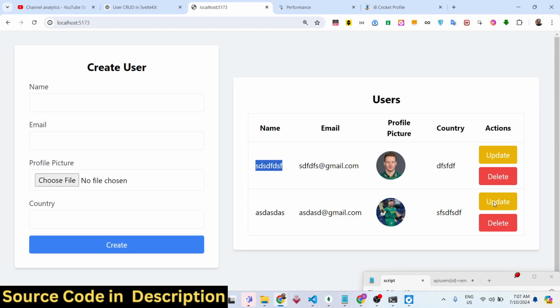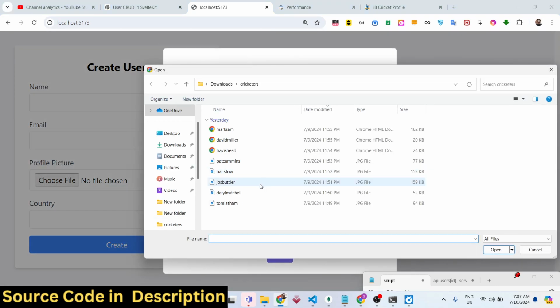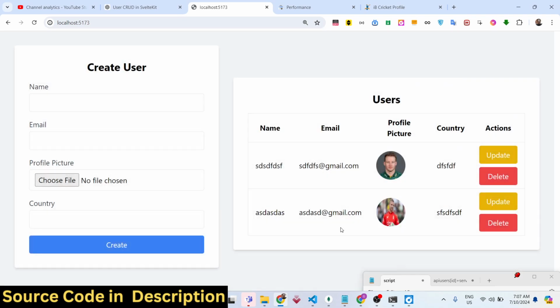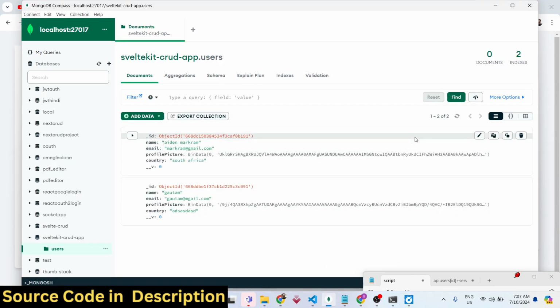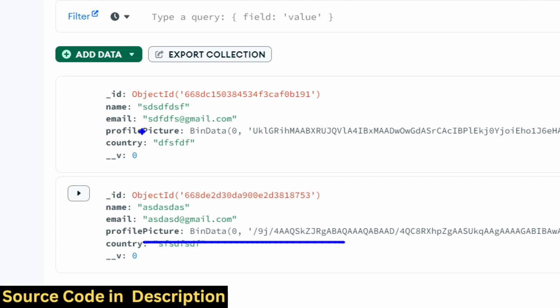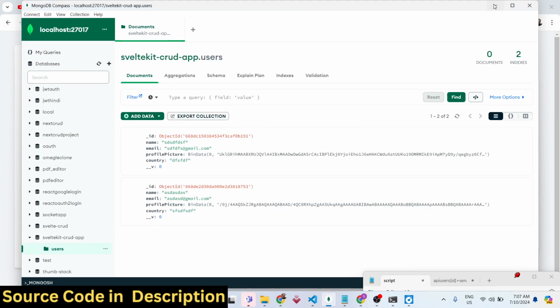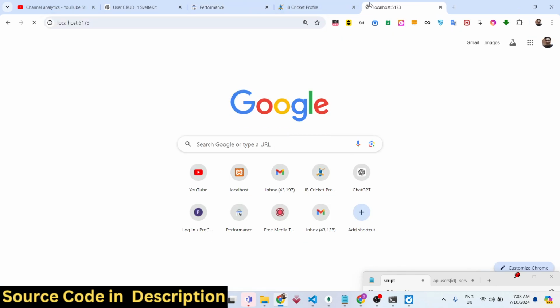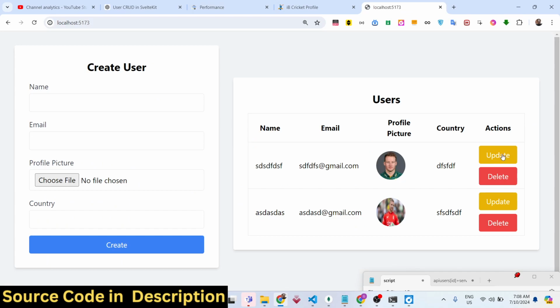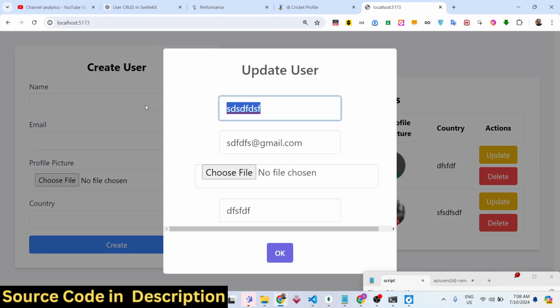If I click update and change the profile picture, you will see the profile picture has been changed, and all these changes will be reflected in the database as well. If you refresh it, all these changes have taken place. You can close this, reopen it, and all the changes will stay. If I change the name once again,